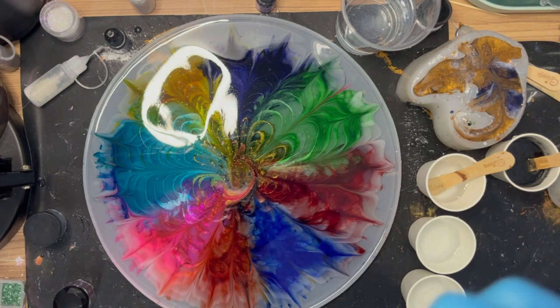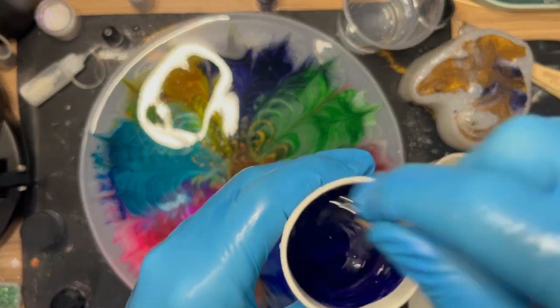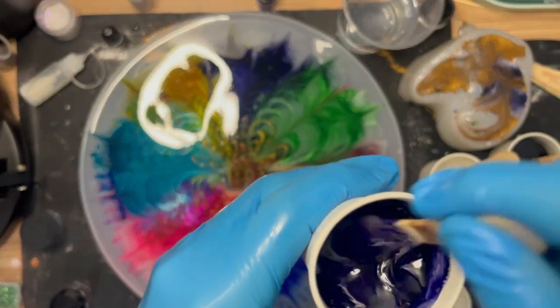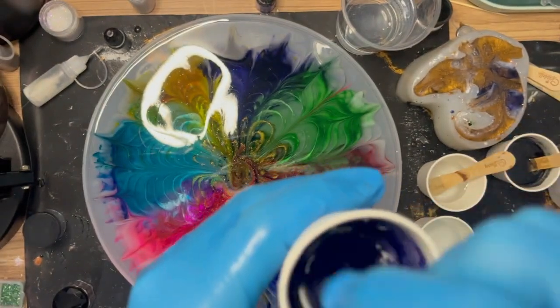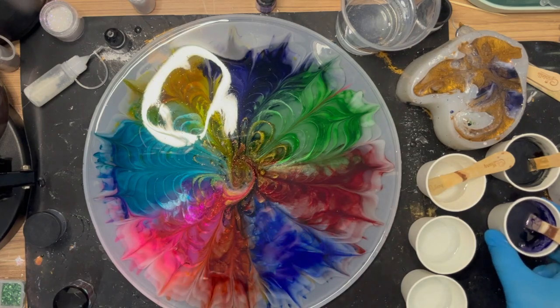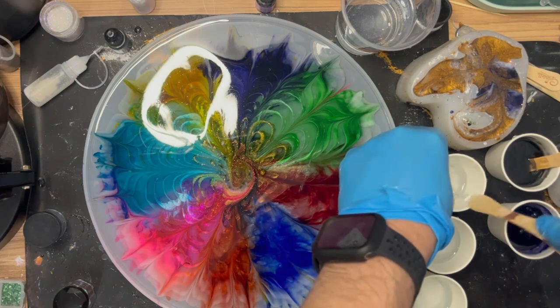And again, I don't know if this technique is going to work or not, guys. There we go, so that's already darkened it quite a lot, but it's still got an element of transparency when I lift it out, which is what, again, I wanted. And I think that's what you need for this effect to work. Some thinner transparent colours, and then some thicker ones. So, for the thicker ones, first one,